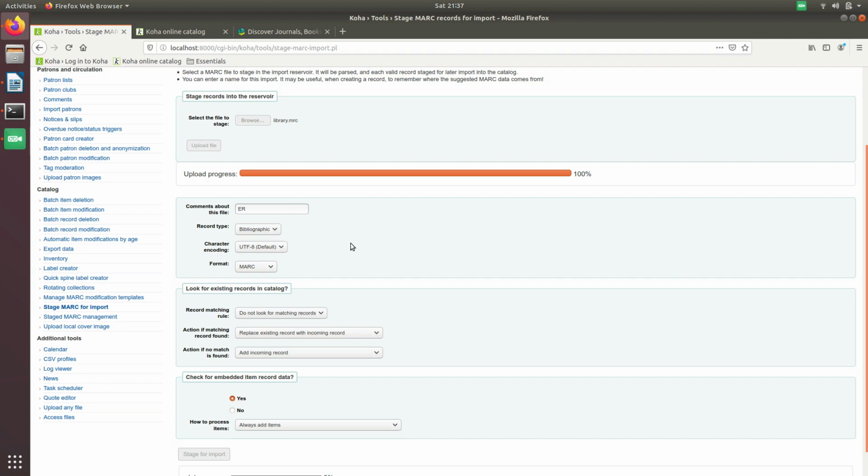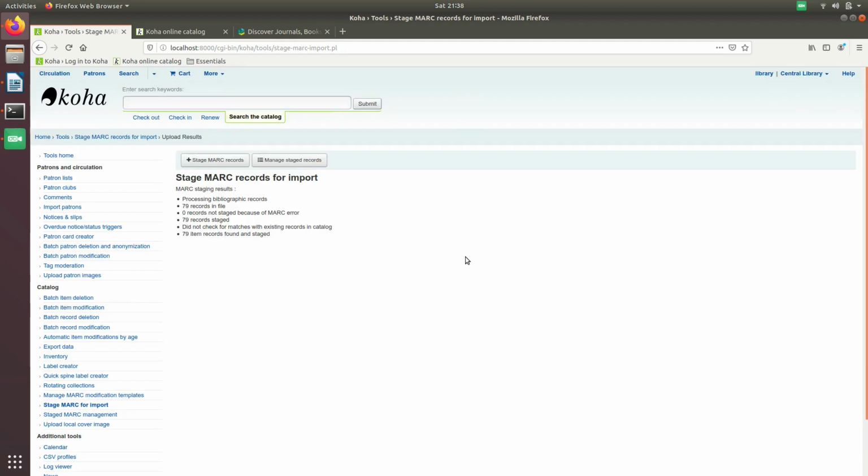It may take a little time based on the system processing speed, because if the number of data is more in your MARC file, it may take longer, and if it is less data, then it may process faster. So we have to wait till it gets imported.